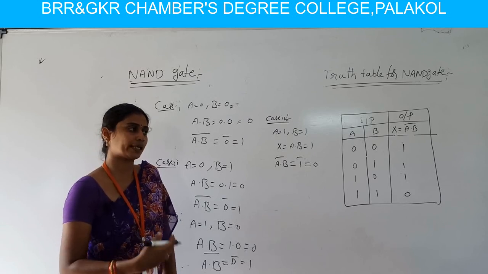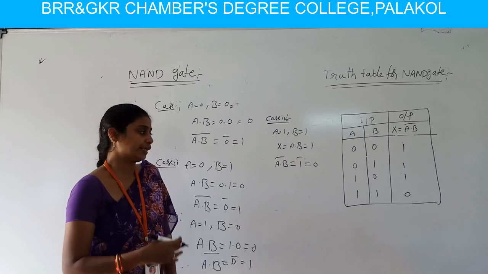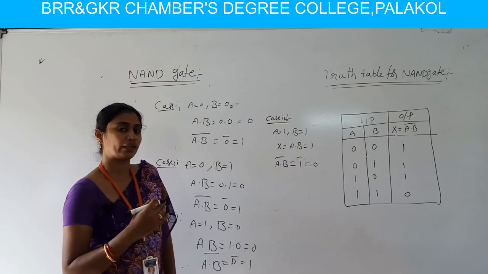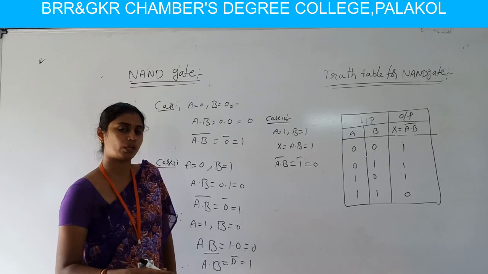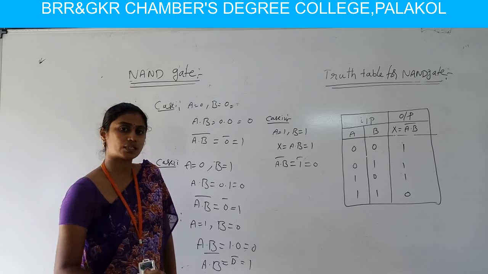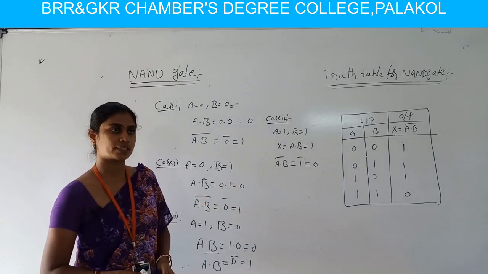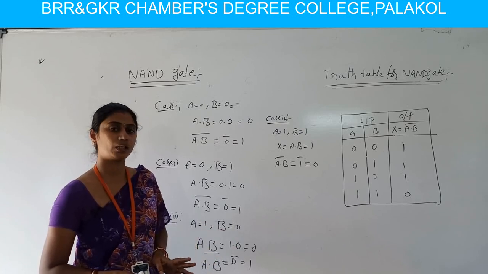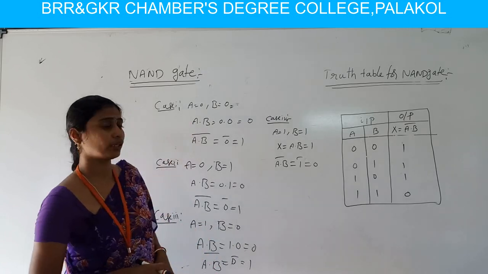It means in the circuit where we are doing the experiment of NAND gate and NOR gate, we are observing that in the fourth case of this NAND gate we give inputs in high logic level, nothing but A variable 1 and B variable also 1, and the output is 0, which means the bulb is not glowing. In case 1, case 2 and case 3 the bulb is glowing, which means high logic level. In case 4 we give the input 1 1 but the output is 0, which means low logic state. So this is about the NAND gate.